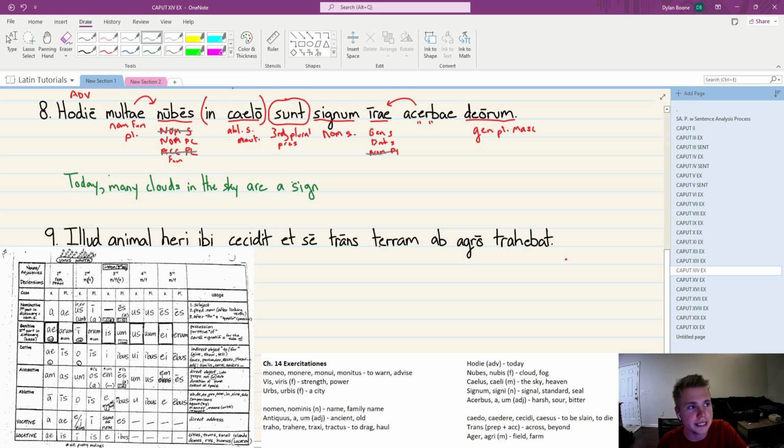Okay, so let's take this as a dative. A sign to the anger, to the fierce anger of the gods. That's not that bad. But what if we say genitive? A sign of the fierce anger of the gods. I think that makes grammatical sense. You're not a sign to something, you're a sign of something. A sign of the anger, the wrath.